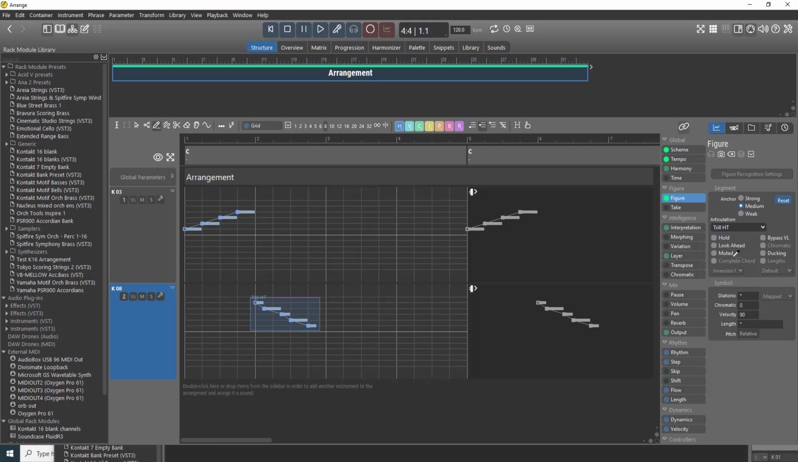Oh, wait a minute, wait a minute. I don't think there were articulations in Blue Street Brass. So these articulations must have been carried over. I'm not really sure what's going on there. But anyway,